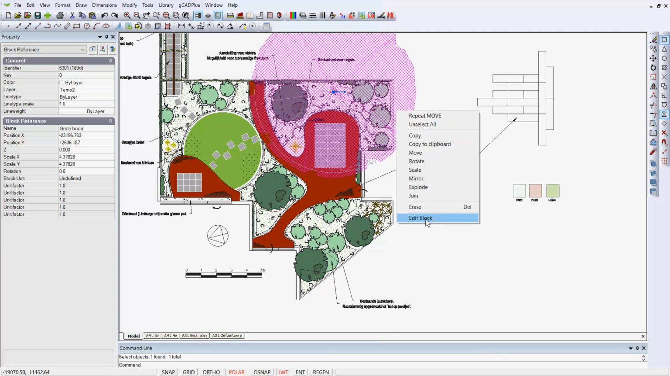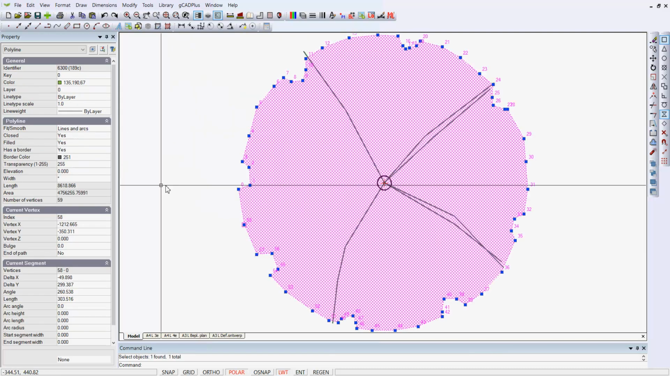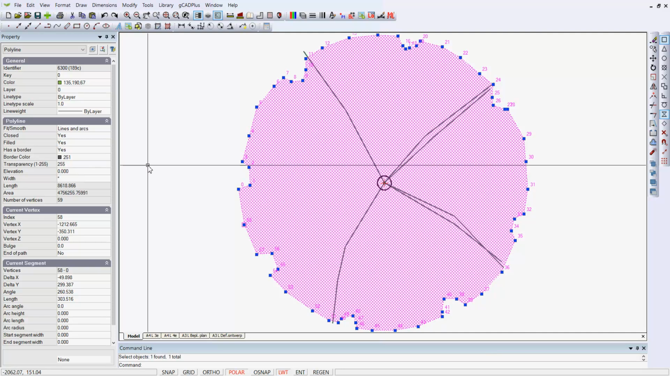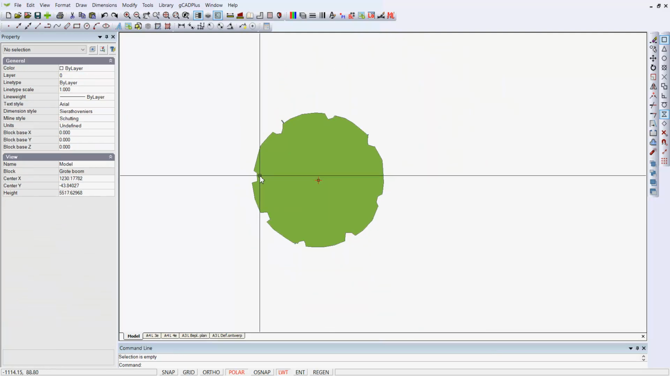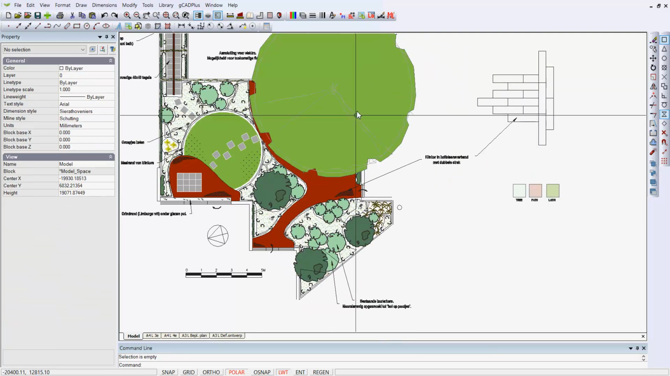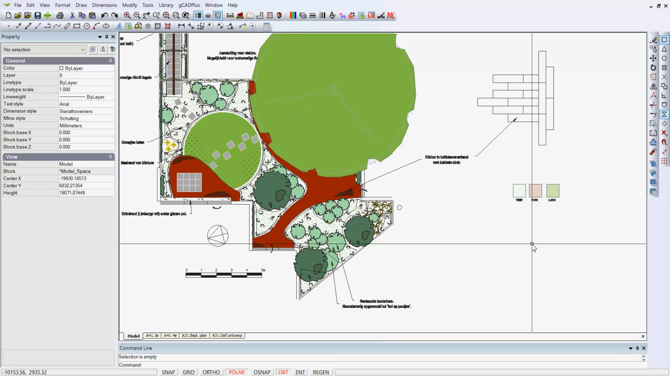Let me check that again. Edit the block, transparency 255. Well, the reason it hasn't changed is it's gone back to the color setting. Now what I'll now do is close the block editor, and what we're after is a much paler color. So we could use